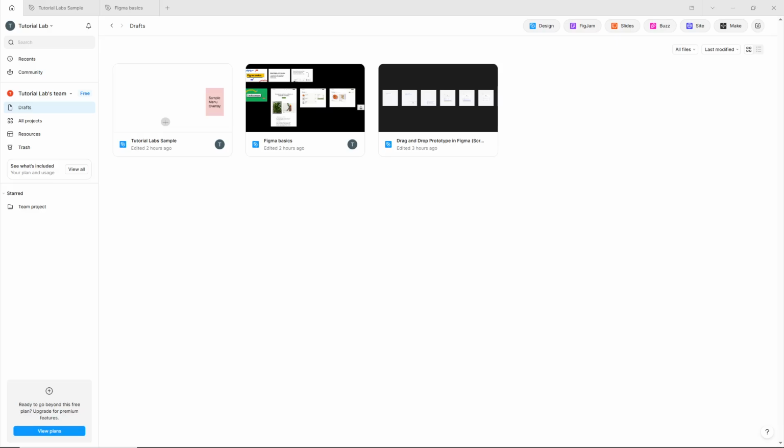This is incredibly useful when you want to keep a backup of your design work or share files directly without